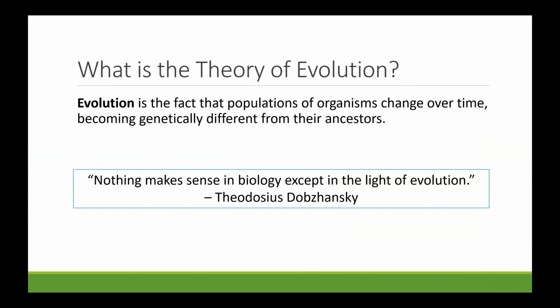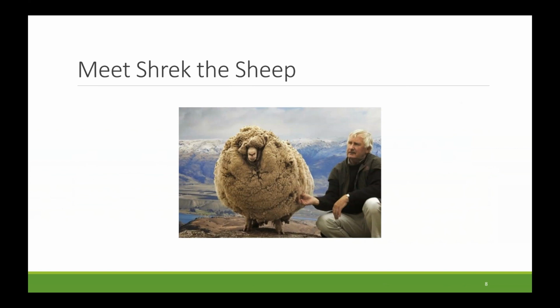But before we get to those things, I want to start somewhere familiar and close to home. Because the truth is that evolution is something that we can see happening with our own eyes. One great example is domesticated animals. So let me introduce you to Shrek the sheep. Shrek was a merino sheep, which is the type that produces merino wool, who lived in New Zealand in the 1990s and early 2000s. You may notice in this photo that Shrek does not look like a normal sheep,